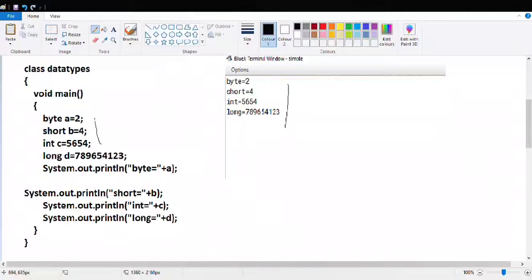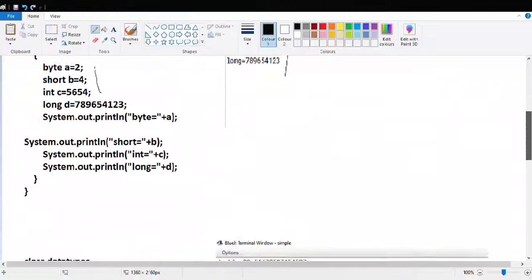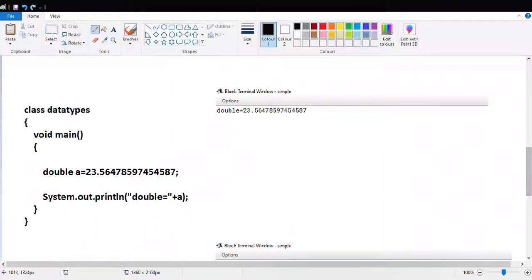Now coming to the decimal point data types, where I have discussed the double data type. You must be wondering again about the difference between double and float. In the double data type, precision of decimal points is up to 14 digits, while in float it is only up to 10 digits. So double is more useful. Double takes more memory space as compared to float, and if I print this, it will print.